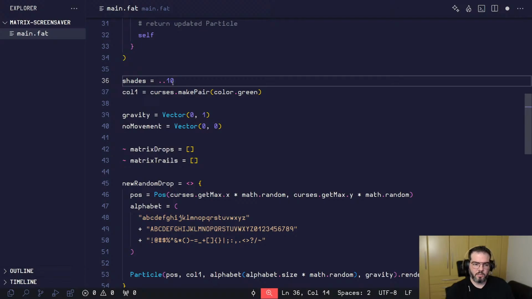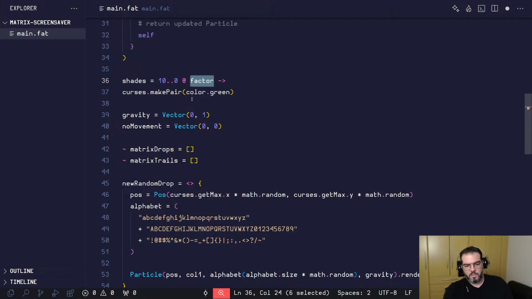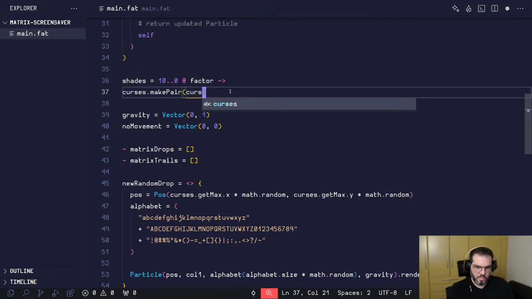And in fact, I think I'm going to do the opposite. I'm going to go from 10, so the strongest color, to the lowest brightness, which is 0, which is basically just black. And with that, which is the intensity, I'm going to take this factor and create here curses